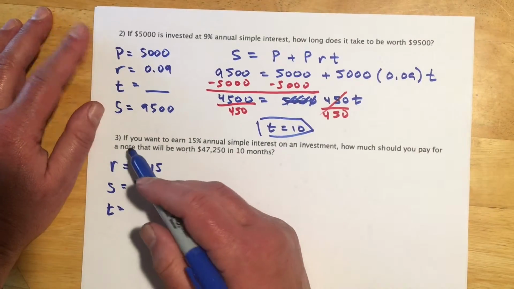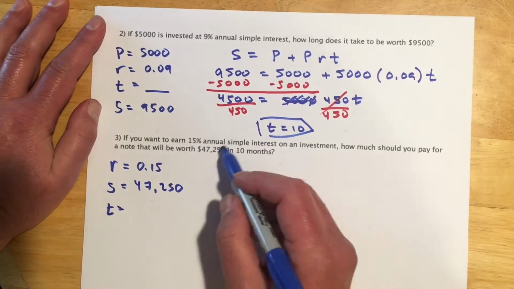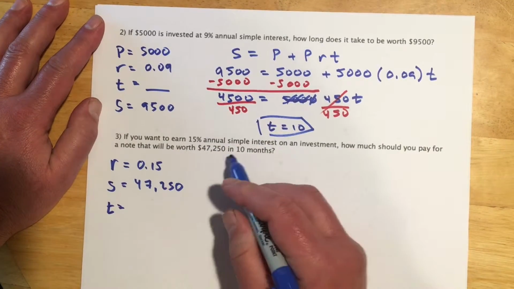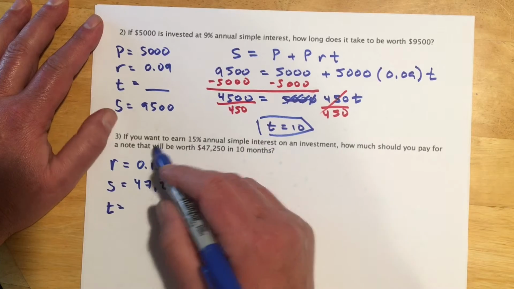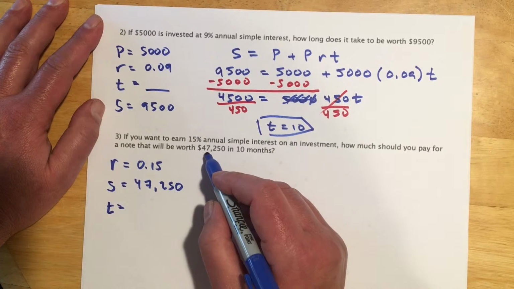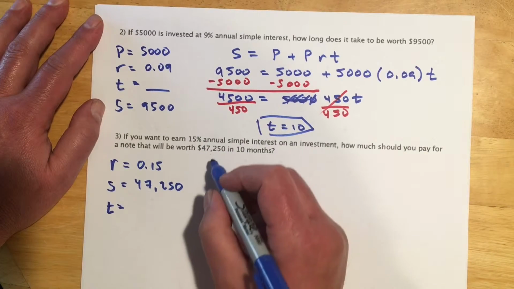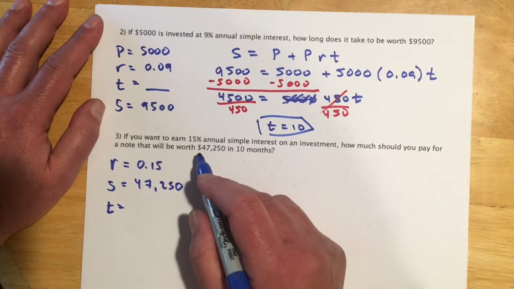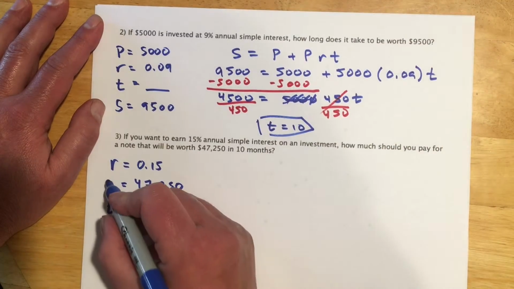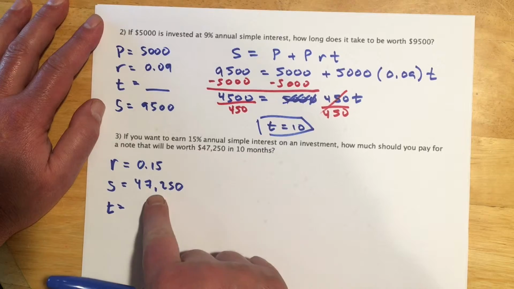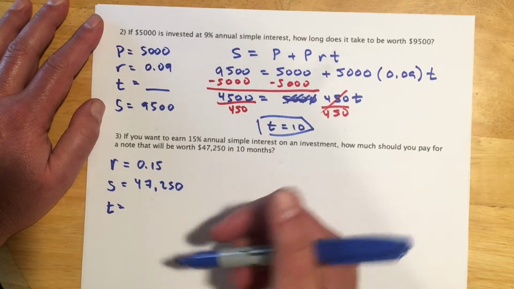Okay, number 3. If you want to earn 15% simple interest, so R is 15%, how much should you pay for a note that will be worth $47,250 in 10 months? So this is what the note will be worth, so that's going to be a future value. So that's S equals the 47,250. And then for the 10 months,